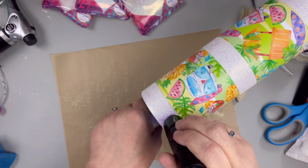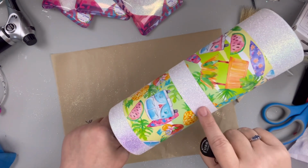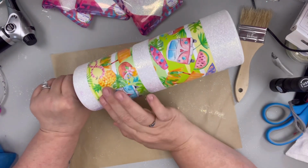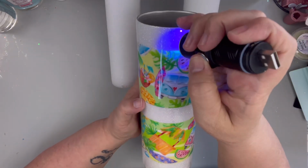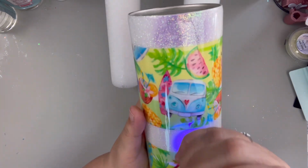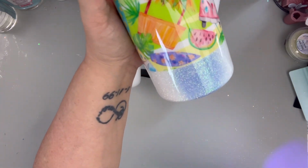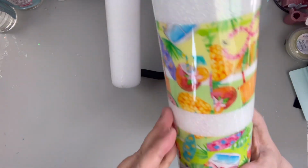So once this completely dries, I do add 2 coats of epoxy before we move on to striping the tumbler. I obviously really wanted you guys to see the color changing, even under the epoxy. And I really tried to get that orange to show up. So once I am completely done with showing off the color changing, I had cut out stripes from different colors, metallic, or the color shifting